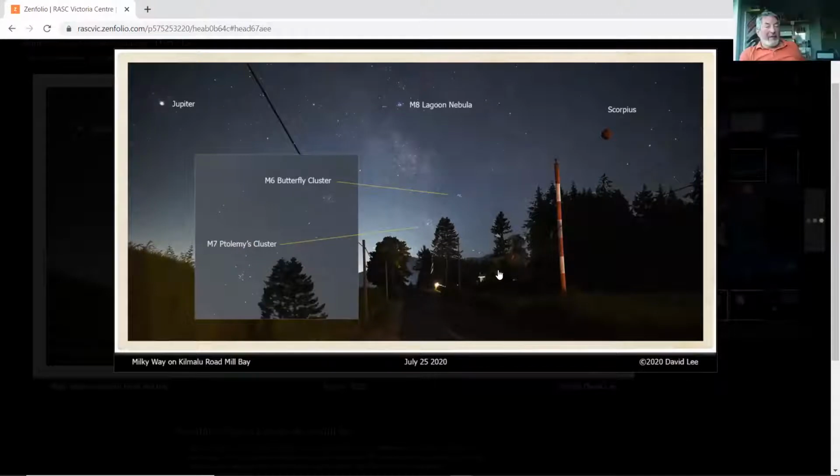We have some things to thank COVID for, I guess. Yeah, but the other thing I noticed was Scorpius as well, very distinctive. And of course, as I say, Jupiter and Saturn. So again, one of my favorites. It's not technically a perfect photo, but I like it as a memory jog. Anyways,